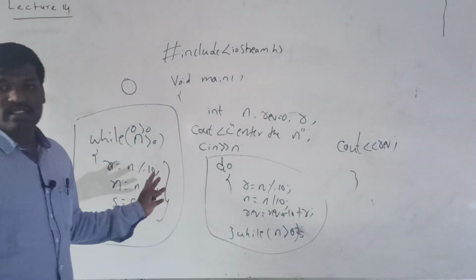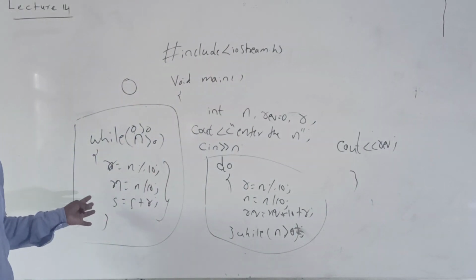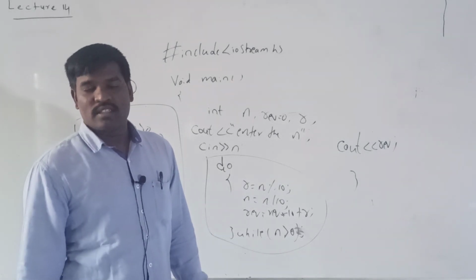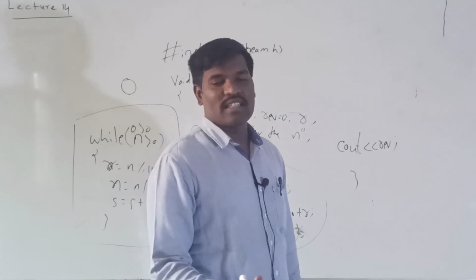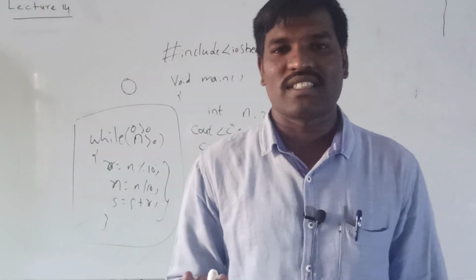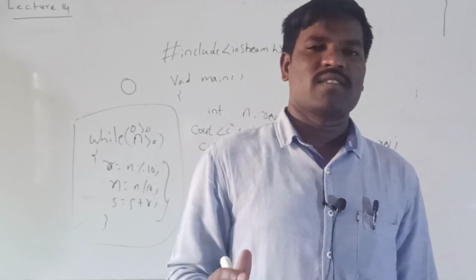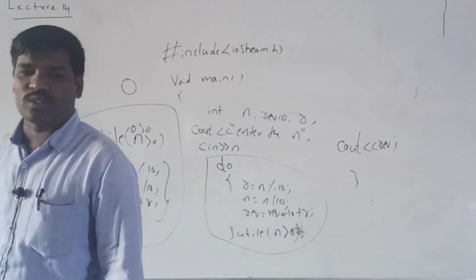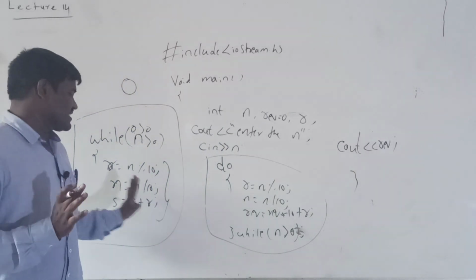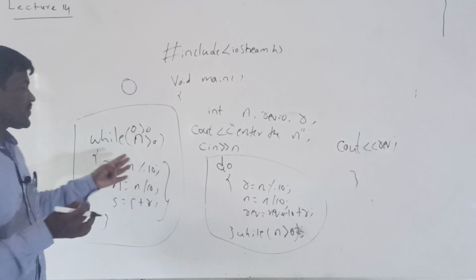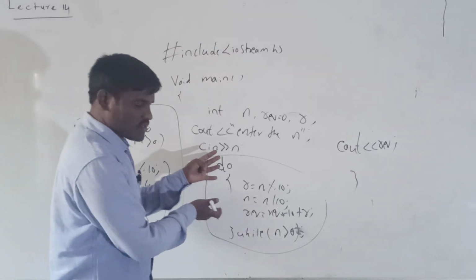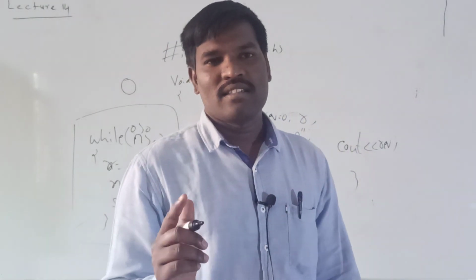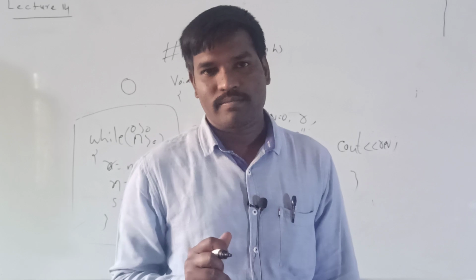So this is another example for do while. I already said that in looping there are three types. First one is the while loop, second one is the do while loop. Whatever examples you are doing in while, all of them can be converted into do while. The only change is you have to write like this: first you write the statements, after that you check the condition. That is the one change in do while.